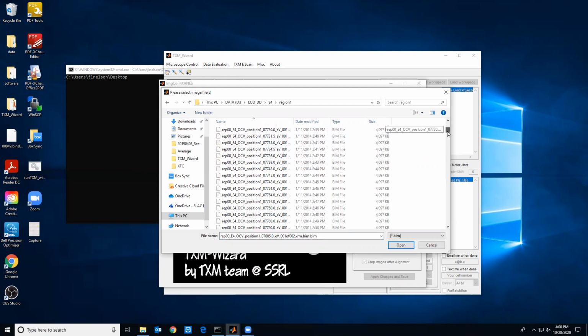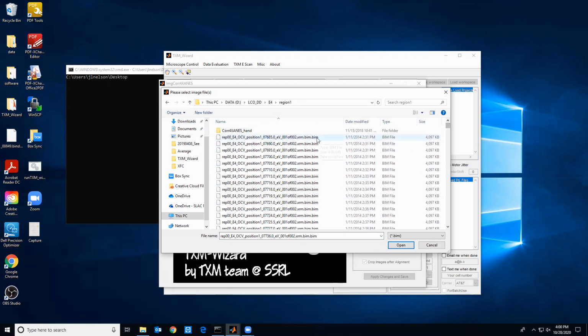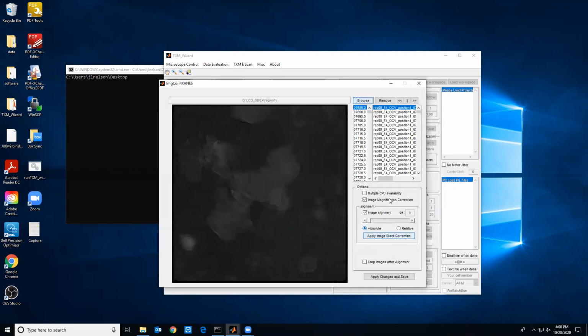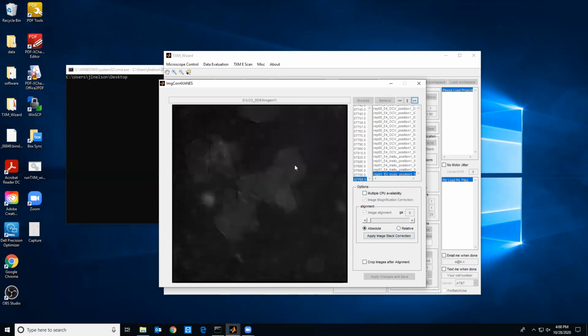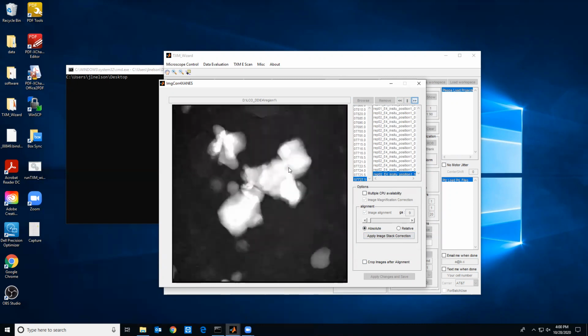And you should have images for each energy. So select all of those energies for a single position. And now if you play these images, you can see that the object moves around and jitters as you go